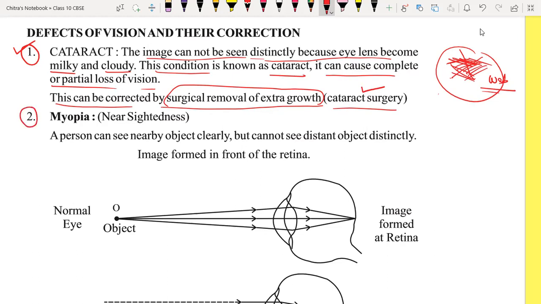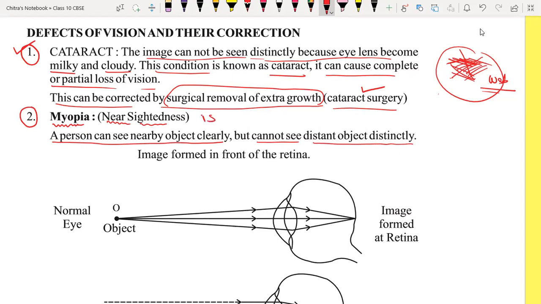The next defect of the eye is called myopia. Myopia is also called nearsightedness. Nearsightedness is the defect of the eye in which a person can see nearby objects clearly, but cannot see distant objects clearly or distinctly. So you have to write here: myopia or nearsightedness is